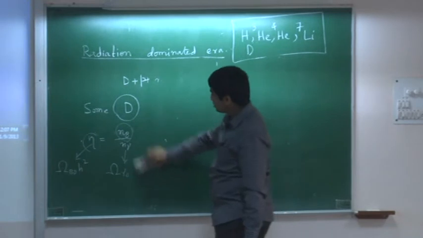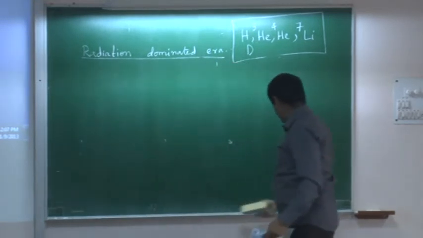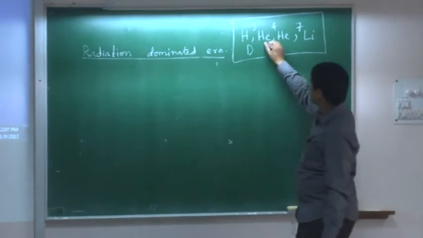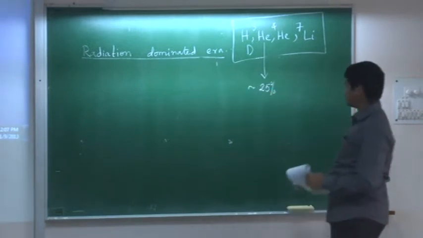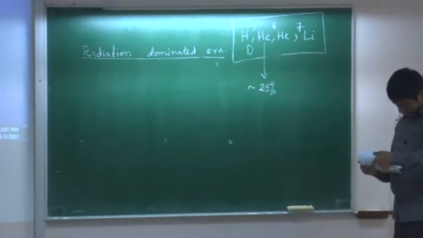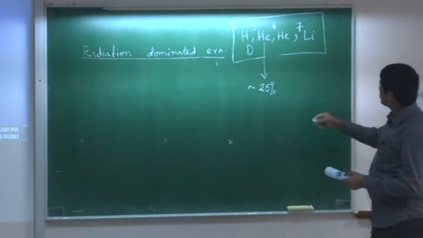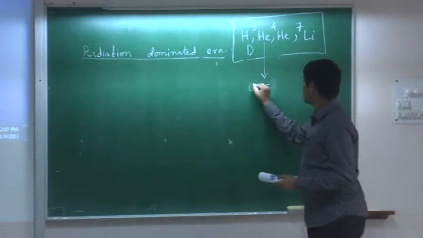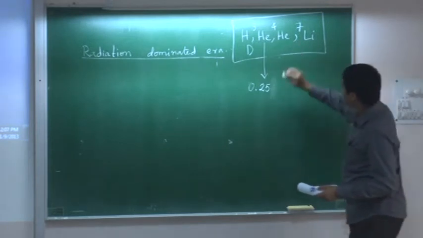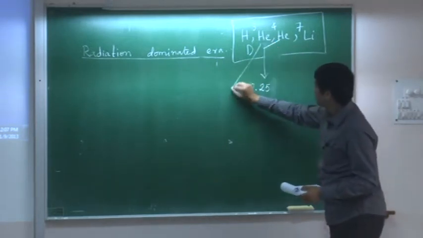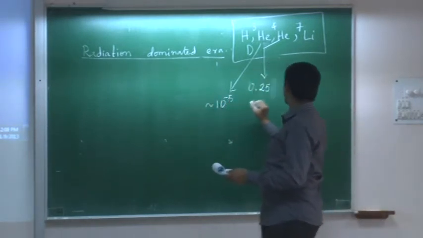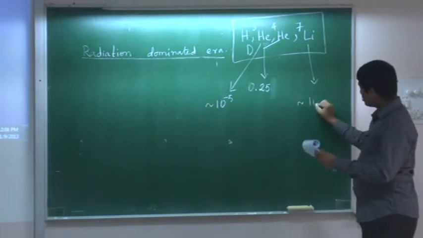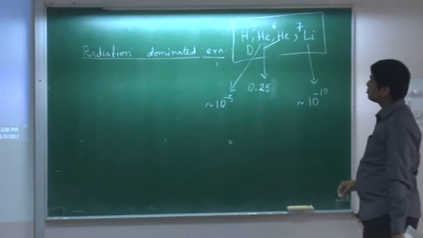Okay, I'll basically stop here, but I'll just write down. So we said that He4 is around 25%, 24 point something. You can calculate the density or the abundance for all of them. Let me write this in terms of 0.25 because I have the other numbers like that. He3 is around 10 to the minus 5. Lithium is around 10 to the minus 10. You can see it's enormously small.